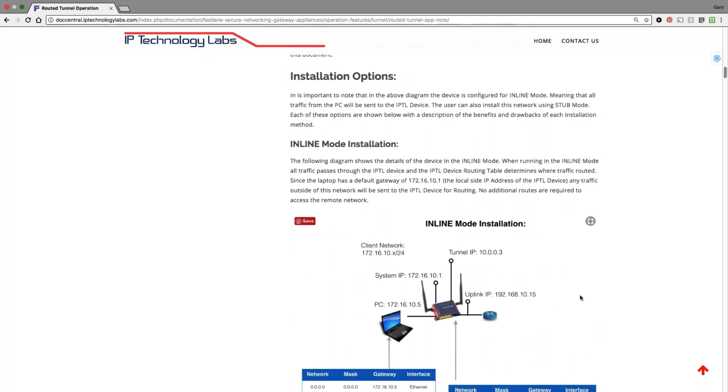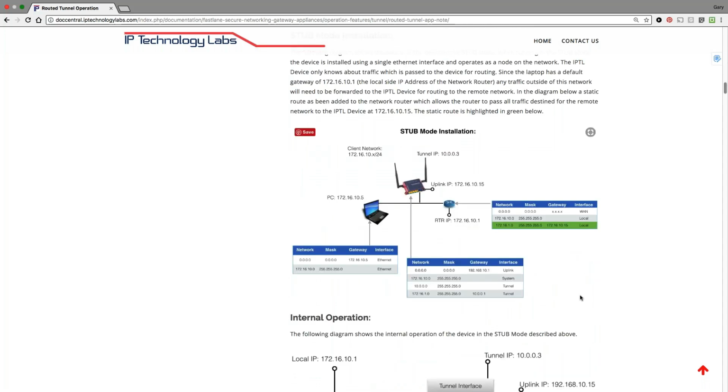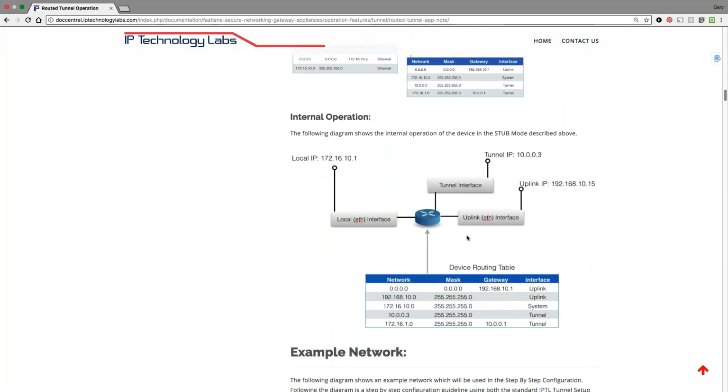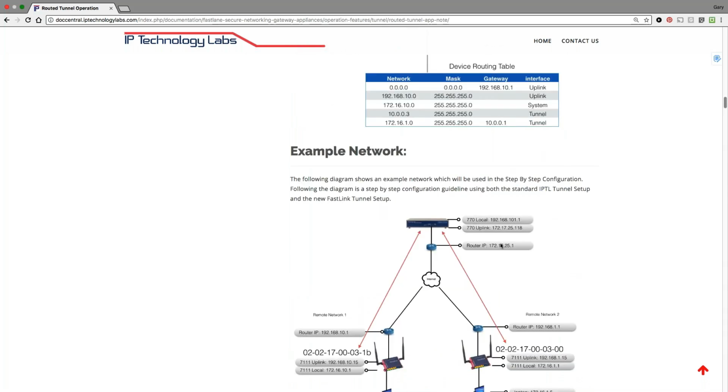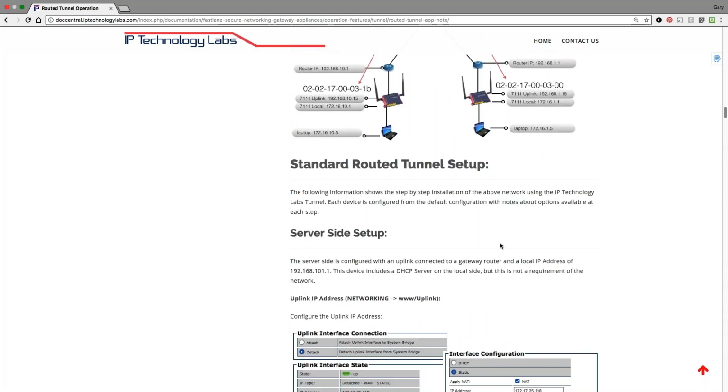We talk about inline mode, stub mode, and all of these, it sort of breaks everything down for, here's my local interface, here's my uplink interface, here's my tunnel interface. And this router that you see here is the internal router on the device. And it shows how these IP addresses are established and where they're configured. Goes through some